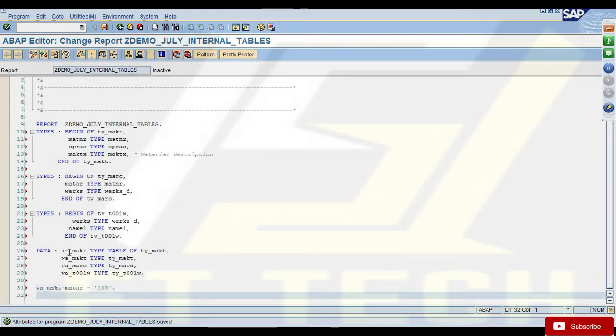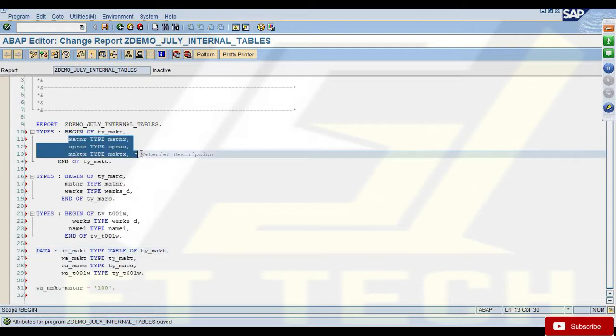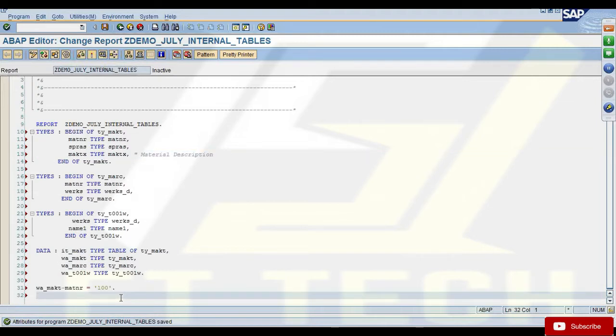Now, this IT_MAKT is an internal table, and since I said type table of TY_MAKT, even this internal table will have the same three fields in it, right? But you cannot access these fields directly. I cannot say IT_MAKT-MATNR. You cannot access the fields of your internal table directly.